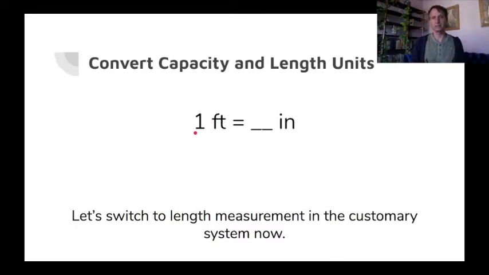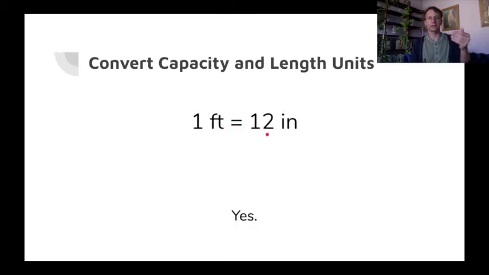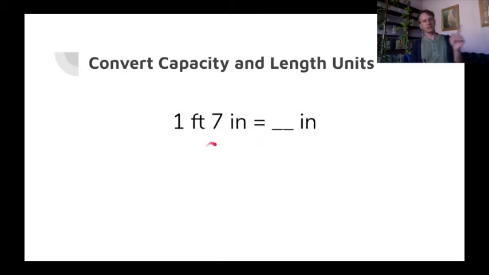Comparatively a little bit smoother, because we just have feet, inches, and yards instead of the 4 different units. So 1 foot is how many inches? 12. Okay, good. 12 inches. So a foot and 7 inches would be 12 inches and 7 inches, total of 19 inches. Good. 3 feet, 7 inches. Okay, so 3 times 12, 12, 24, 36. 36 plus 7,